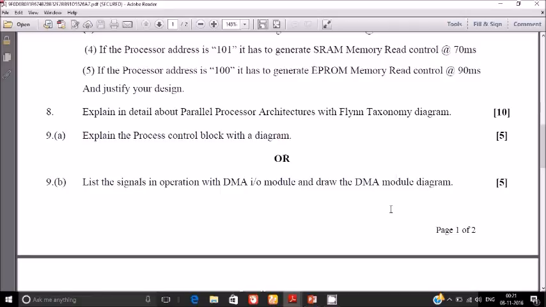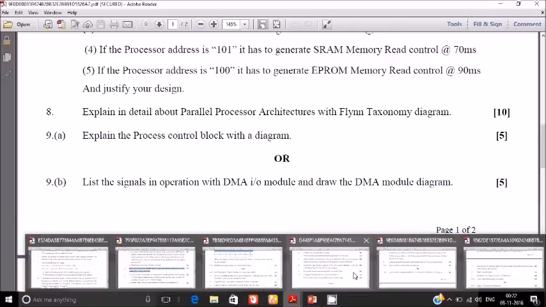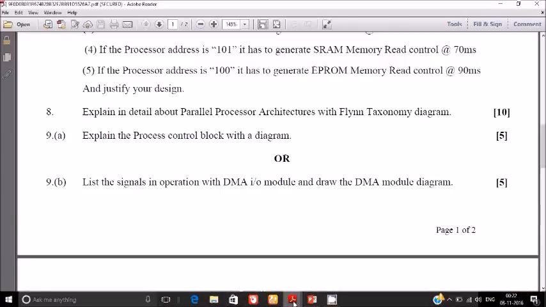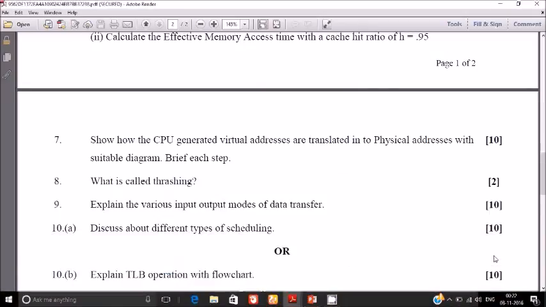This is also DMA, and you need to draw the module diagram. This is a very easy chapter, with only two topics you can classify clearly, and the diagram is really important as it's not problem-solving stuff. You need to draw the diagrams.